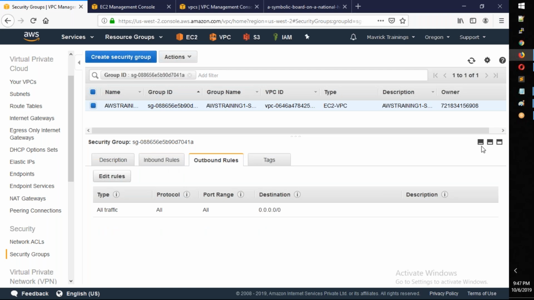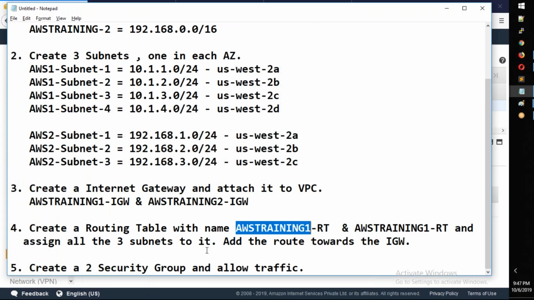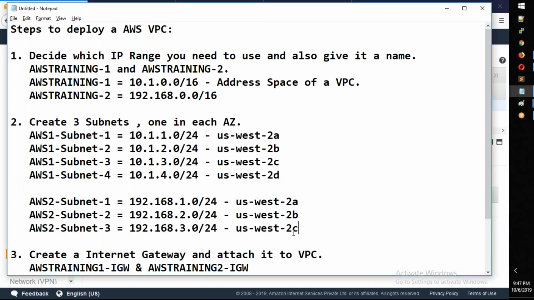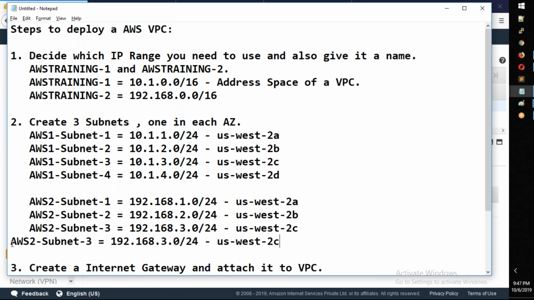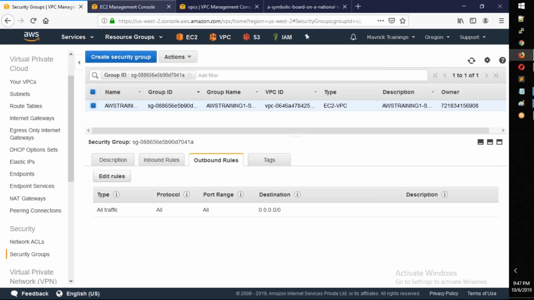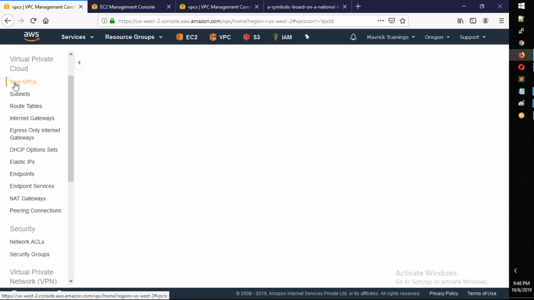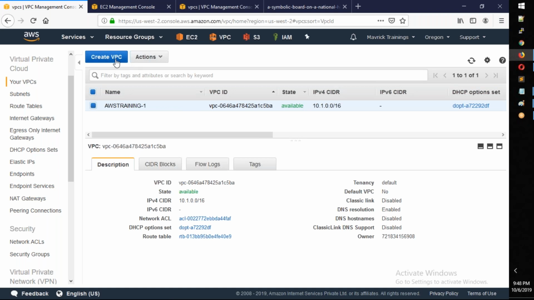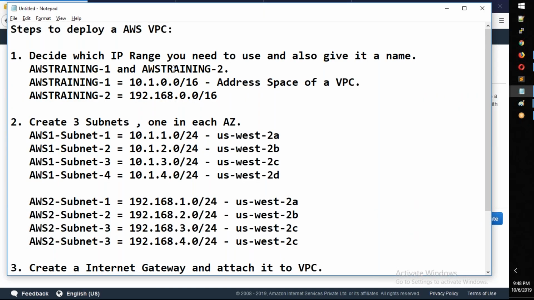Okay, right. So that concludes all the 5 steps. Now I'm going to do the same steps again, and I'm going to create one more VPC, AWS training 2. It will be a repeated job, but you'll get the feeling for how exactly I'm doing it, so this will be fast. So I go to the VPCs, and all the 5 steps I'm going to repeat. So create a VPC, copy AWS training 2,